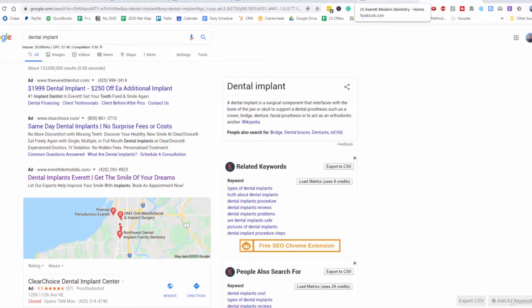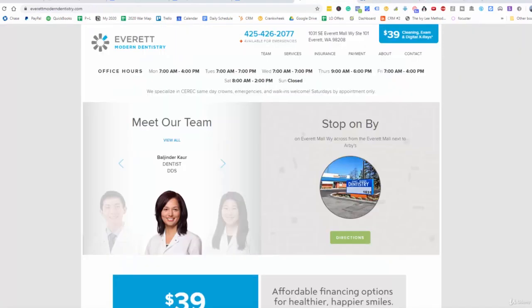So really, it's about going to all these different paid directories, going to the second page of Google, third page, fourth page, fifth page, and you'll find that a lot of the businesses that are on second, third, fourth, fifth page and beyond are not doing any type of marketing or advertising, or if they are, they're only doing it on Facebook, or they're only doing it on Google. And so there's a lot of opportunity for a lot of these home service contractors or just local businesses in general